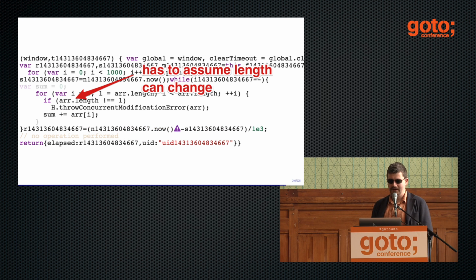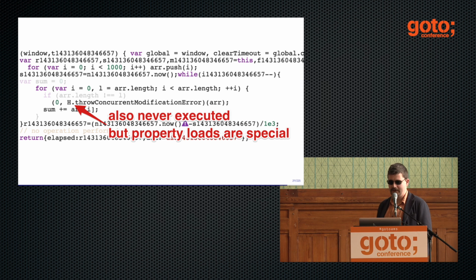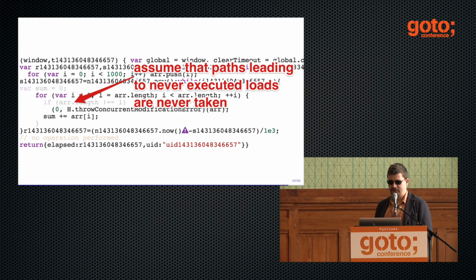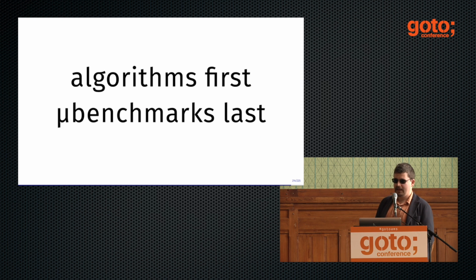It helped it to understand that this was never executed, and that the length never changes, because V8 can see that there is only array access and no function calls in the code, so it can just assume that this is all that code and optimize it. So this is the explanation, doesn't matter. I really recommend taking a look at your algorithms first, and then starting micro benchmarking.